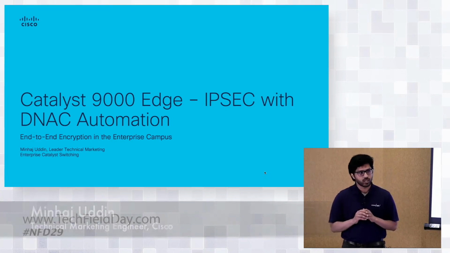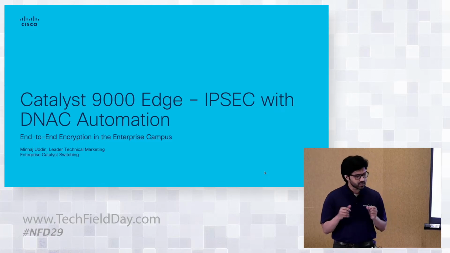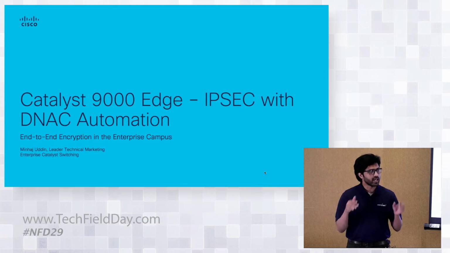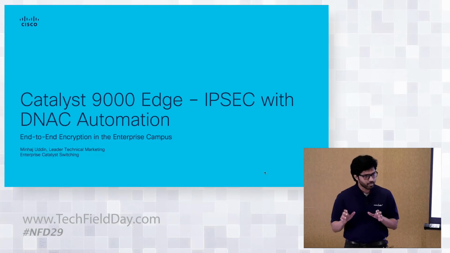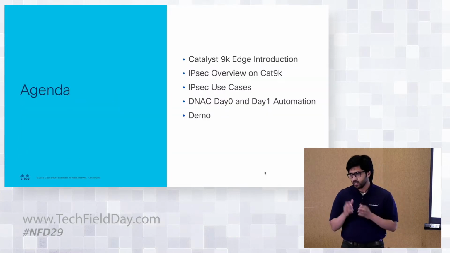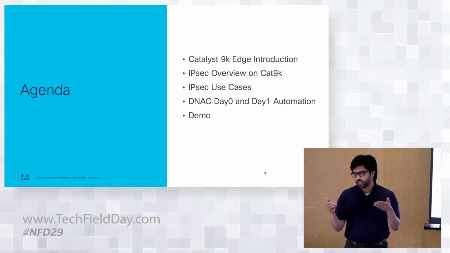Today, I'm going to talk about what we're doing with the Catalyst 9000 switching in the edge space, mainly focusing on how we are providing end-to-end encryption in the typical enterprise campus space. I do have a jam-packed agenda, given 30 minutes, but I'm going to first set the stage with respect to how we are defining this edge space in a typical campus